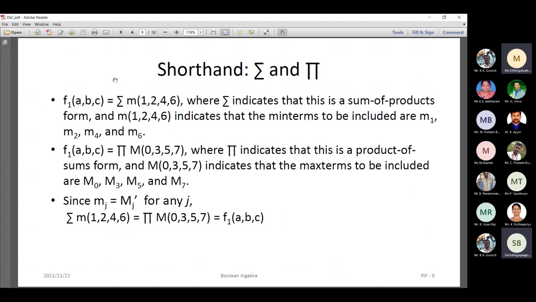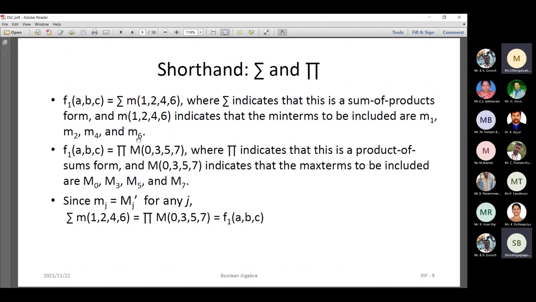And this is a notation. So whenever they give a problem, they give in terms of this one, summation small m. If you come to know these two terms, then it is understood that this expression is a min term expression, right? So that is the sum of products, right? Then this can be written as m1, m2, m4 and m6. So these values should be written this way, right?